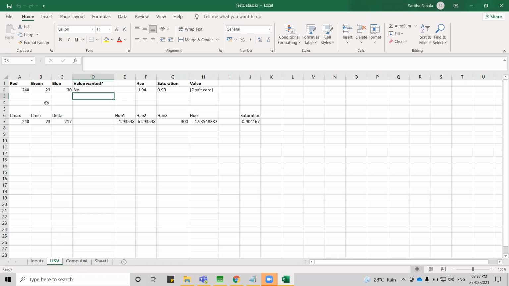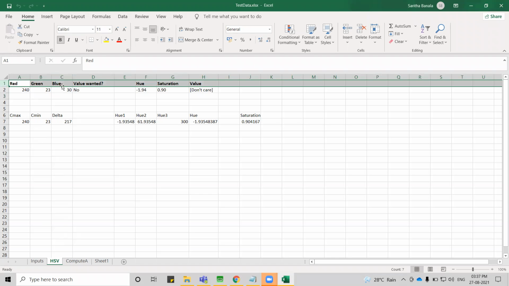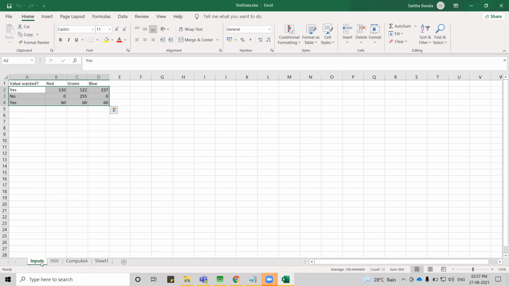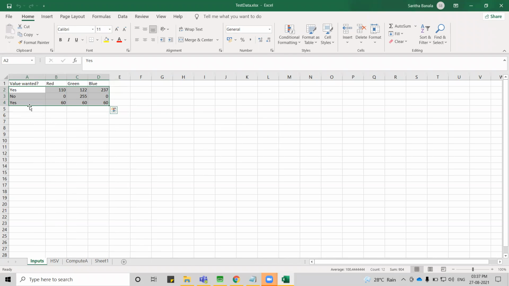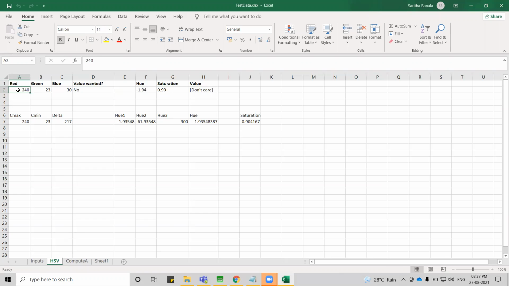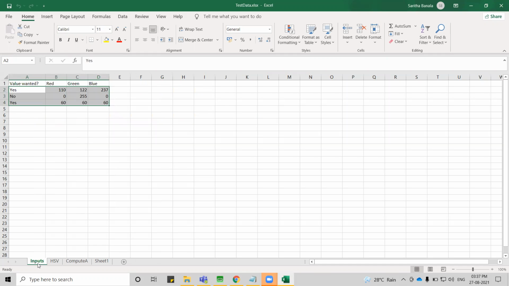So this is the compute file that I have, and the headers of this compute file are same as the input file, and I'm considering this input as my main, right? And coming to HSV, whenever I try to generate by providing this sheet as compute, whatever values I'm seeing on this input will be overridden with these values.